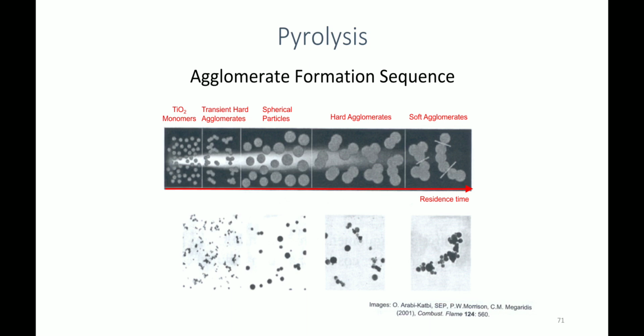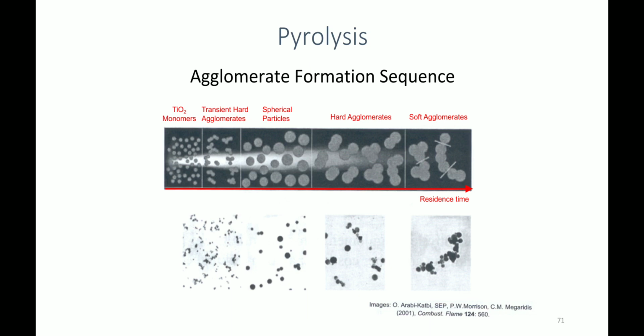Then there is a transient hard agglomerate. Then spherical particles are formed, and once they are going out of this flame, there is a region called hard agglomerates, and once they come entirely away from this flame, then there are soft agglomerates. Hard agglomerates means they strongly agglomerate to each other. It is very difficult to separate these particles